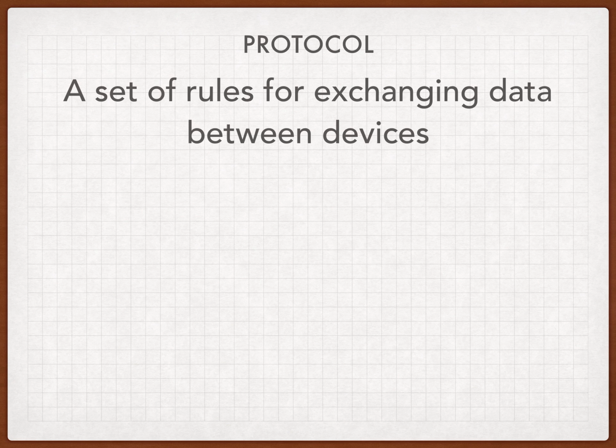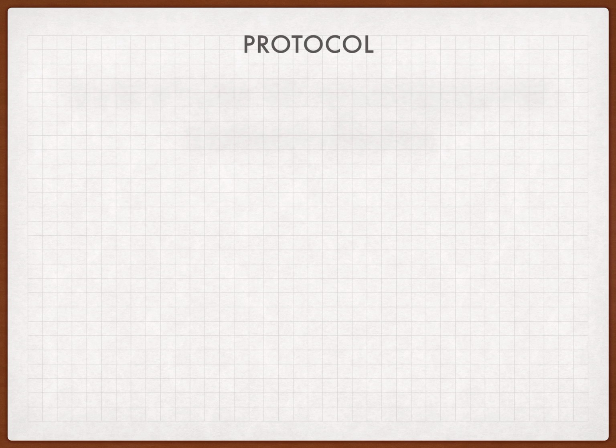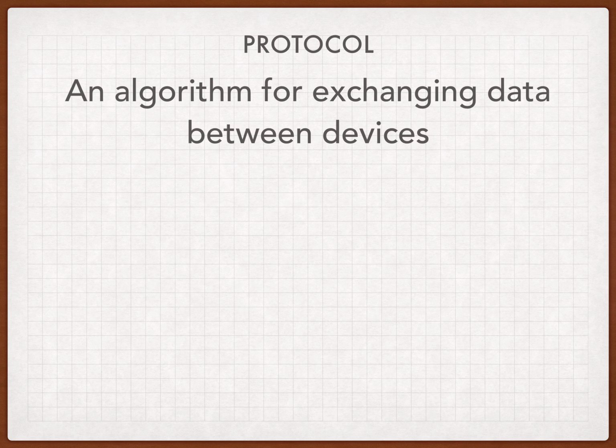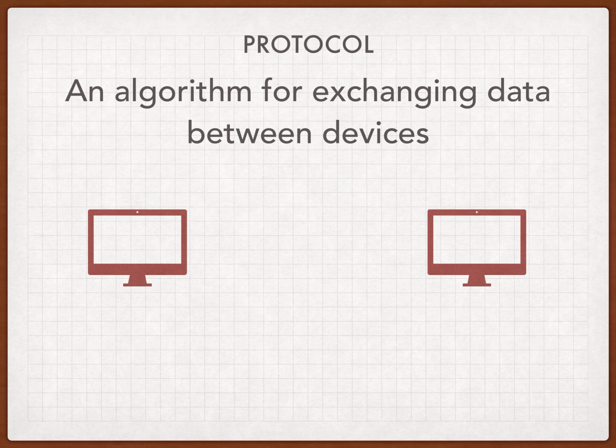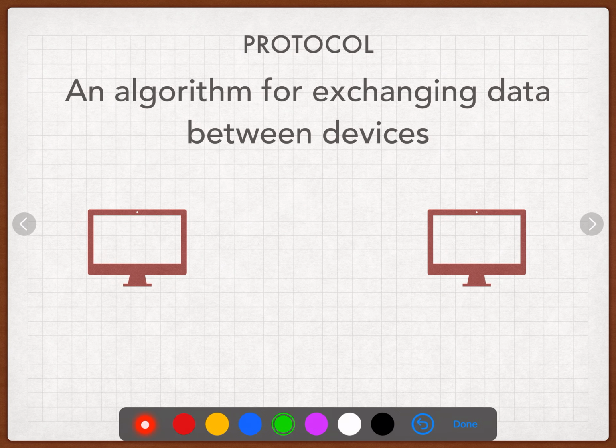The definition of a protocol is a set of rules for exchanging data between devices. We can also word this as an algorithm for exchanging data between devices. The key idea is that we want to be able to send data from one machine and receive it into